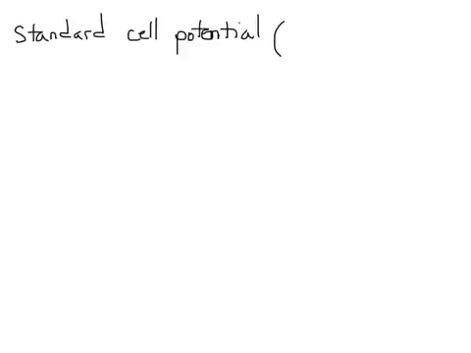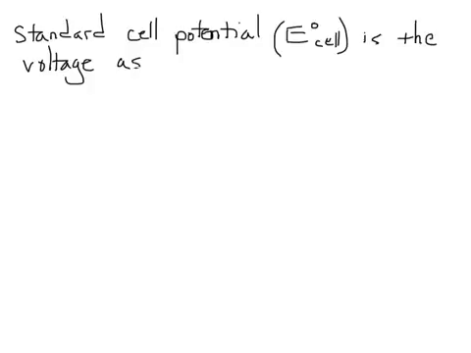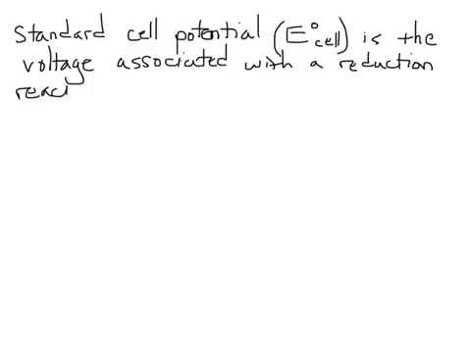Okay, now a few things. Standard cell potential, which is abbreviated with E with our little circle meaning standard conditions. Our standard cell potential is the voltage associated with a reduction reaction at an electrode